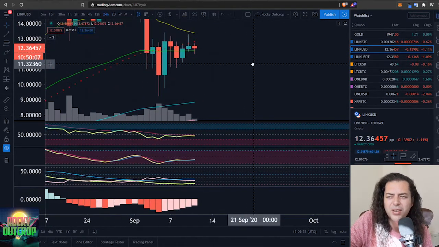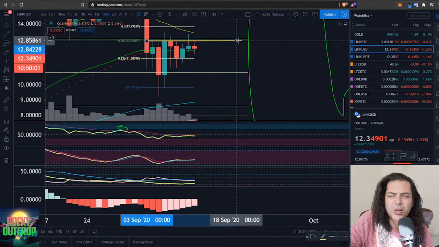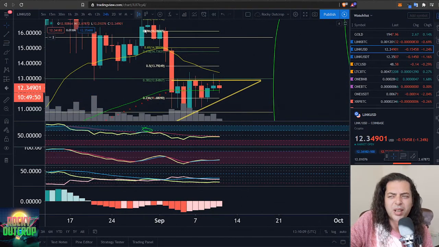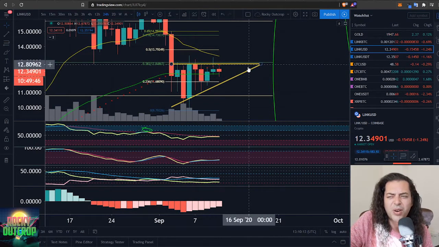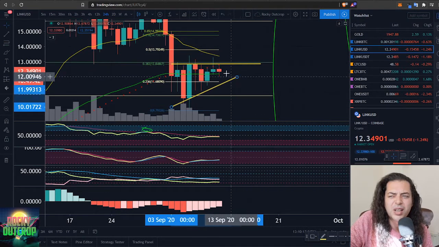What we actually have here on the go could easily be described in a number of different ways in terms of the format of this thing. Let's just do it real quick in terms of looking at this with lines and saying that perhaps we're in some sort of ascending triangle type thing at the minute, but are we actually, having followed in from all this downward price action? Is that necessarily a fair point of view to have or not? Well, it's hard to know, and that with continuation of this over time,